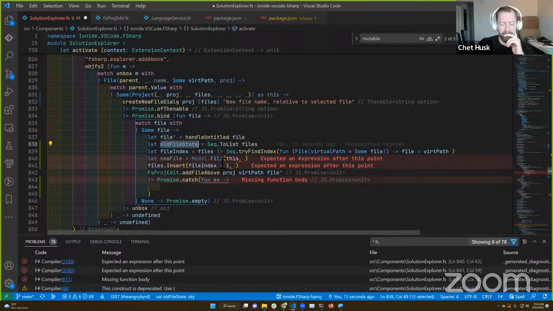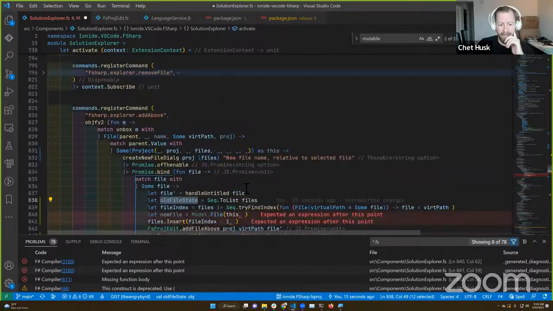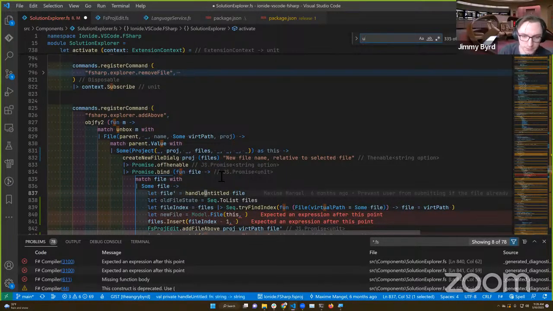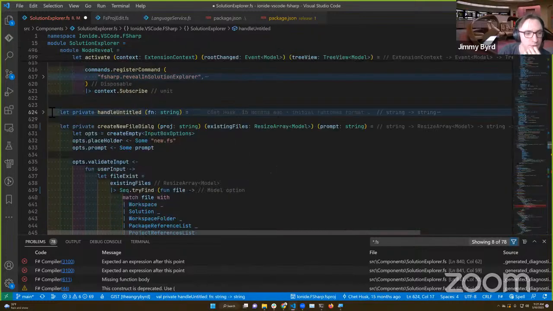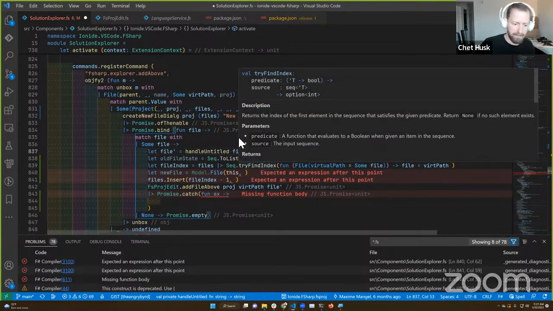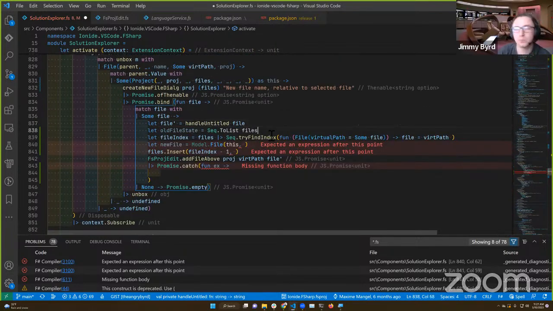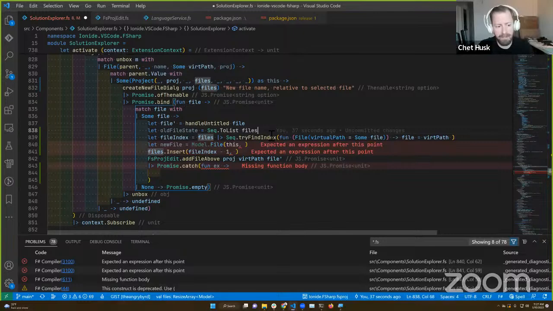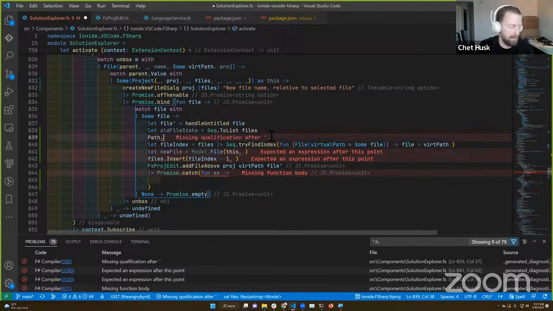What does handle untitled do? Because it might already do the path normalization. Untitled. It ends with FS. It just concatenates. Okay, so we do need to make the thing absolute still. What path techniques do we like? I'm more familiar with the BCL, but I'm not familiar with the JavaScript world. Is there specific path things that we have to deal with, or can I just use what I know? Yeah, I think you have to use path dot, and I think that's a module that is available, lowercase p.